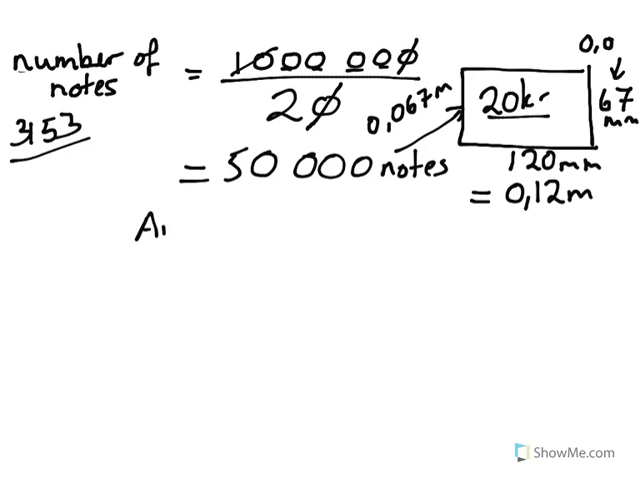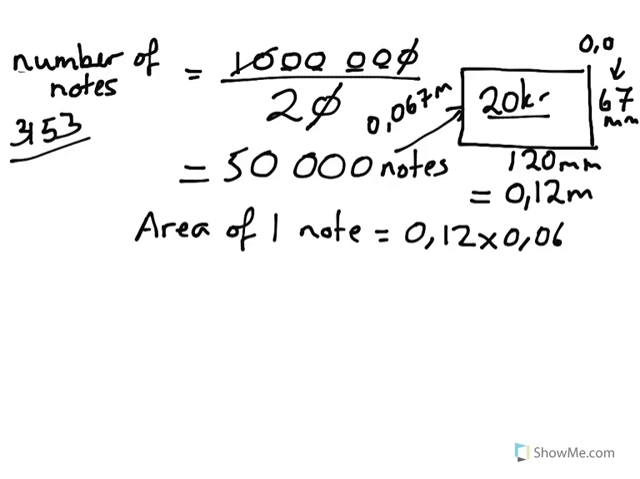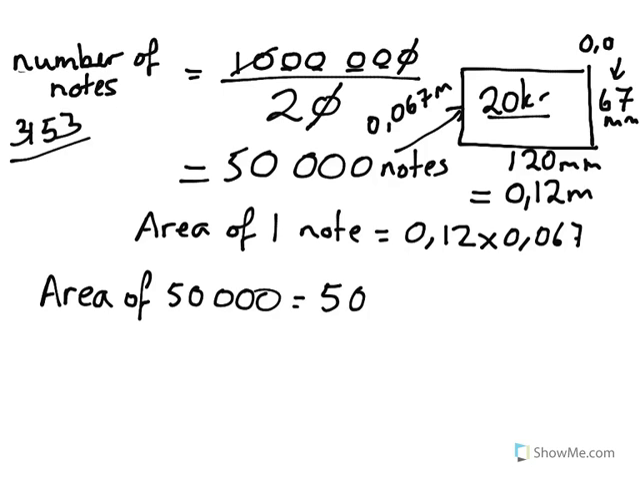What's the area of one note? Well, it's going to be 0.12 multiplied by 0.067. That's going to be the area of one 20 krona note. So the area of 50,000 notes is going to be 50,000 times 0.12 times